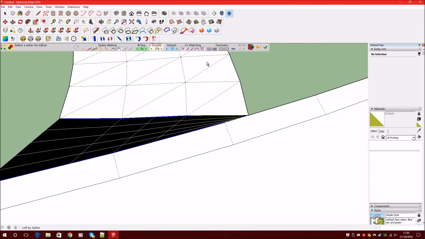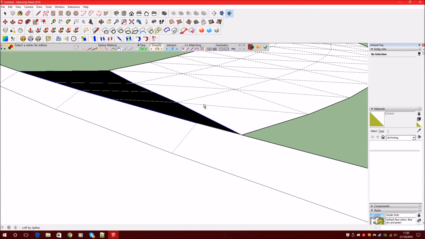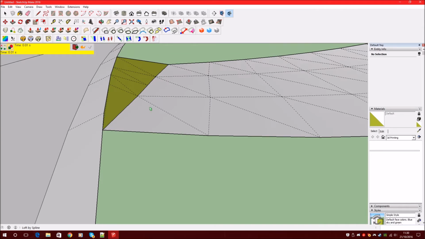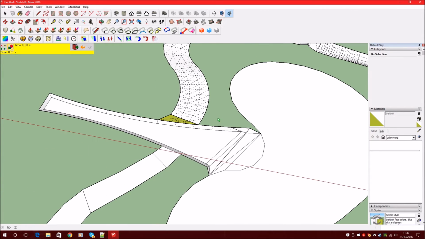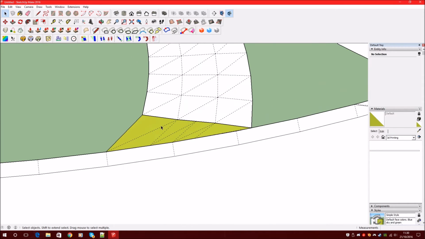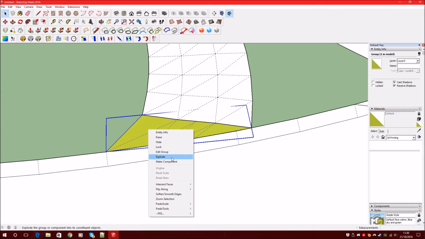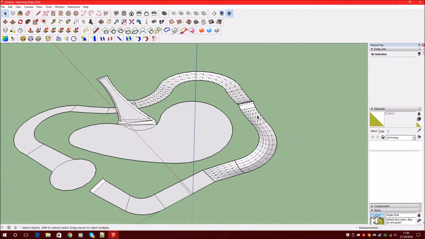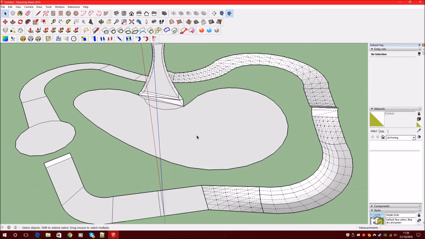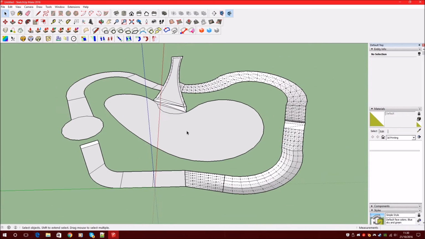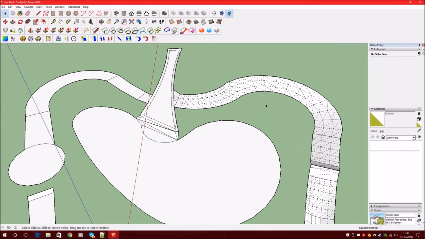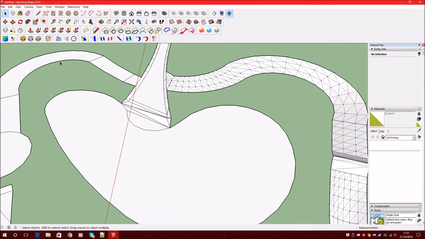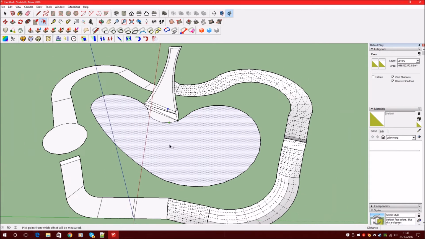Apply. This doesn't need so many faces. And okay. Select this group, explode, reverse face. This should be the track. Now we want to connect the track with the sea. I will select the sea here, the puddle, and